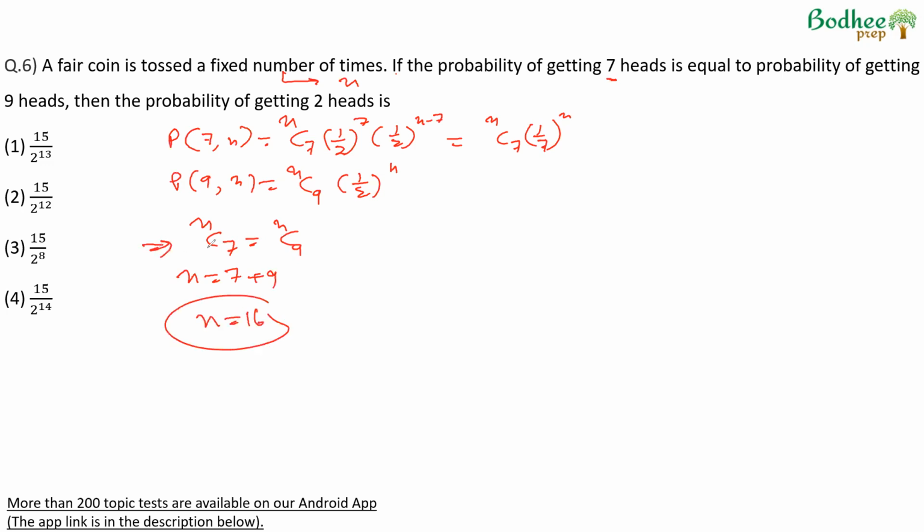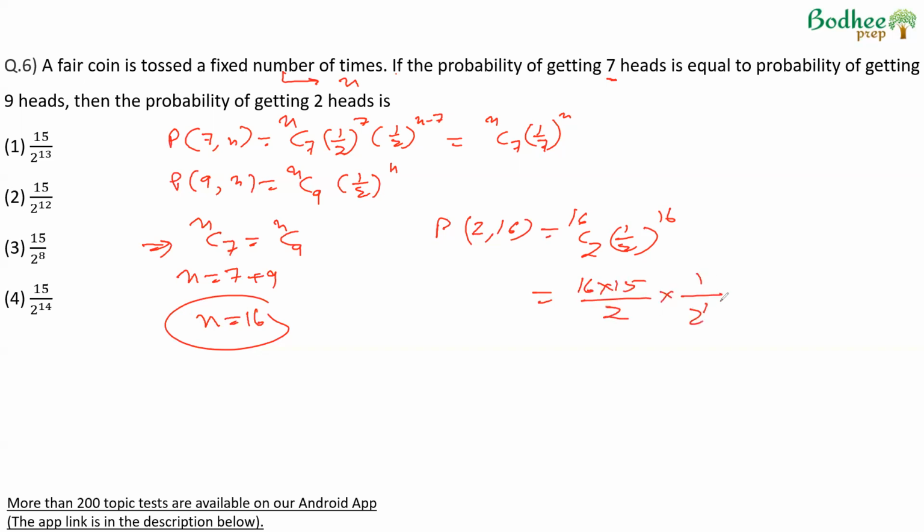Basic concept from combination. We have to find the probability of getting exactly 2 heads. So, out of 16 tries, if I want to get 2 heads, the probability will be 16C2 1 by 2 raised to power 16. nCr into probability of success raised to power r into probability of failure raised to power n minus r. Here probability of success and failure is same, 1 by 2, so 1 by 2 raised to power n. This becomes 16 into 15 by 2